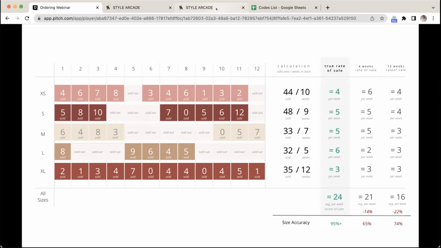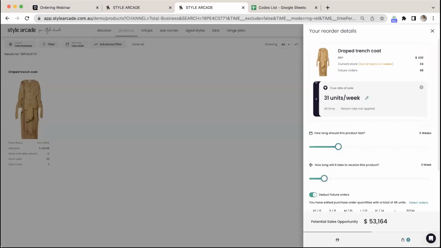So if I jump back into my reorder product, that's what this 31 units a week is. The thing is though, this is computer-generated. Sometimes you've got something in your head, that actually I think we can do more than this. We have a really cool promo EDM coming up that'll be released when we get this restock in. You're always going to have a bit more extra information about your brand and product. So you can always edit that by the little pen here, add your growth as you see fit